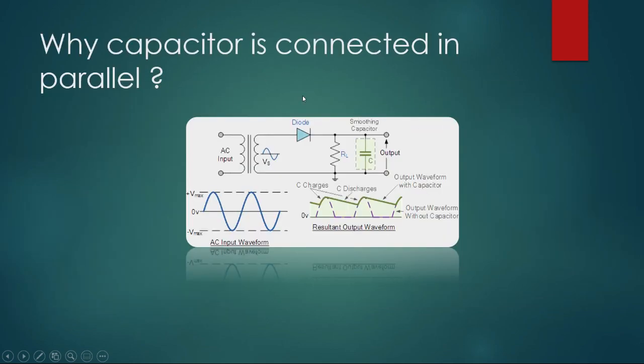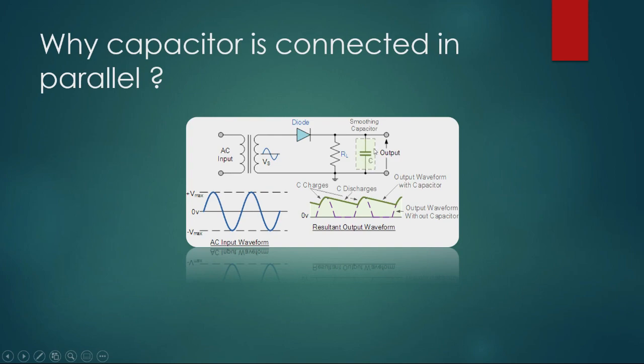Let us see again why the capacitor is connected in parallel. It is connected in parallel because it allows only AC current and does not allow the DC current. At the output, what do we want? At the output we want DC. So when current reaches this junction, the junction current has both the components, AC as well as DC, because those are half waves. So at this junction there are two paths for the current to go. One is towards the capacitor and another one is towards the output. But the capacitor will not allow DC. So the only remaining path for the DC will be to go towards the output.